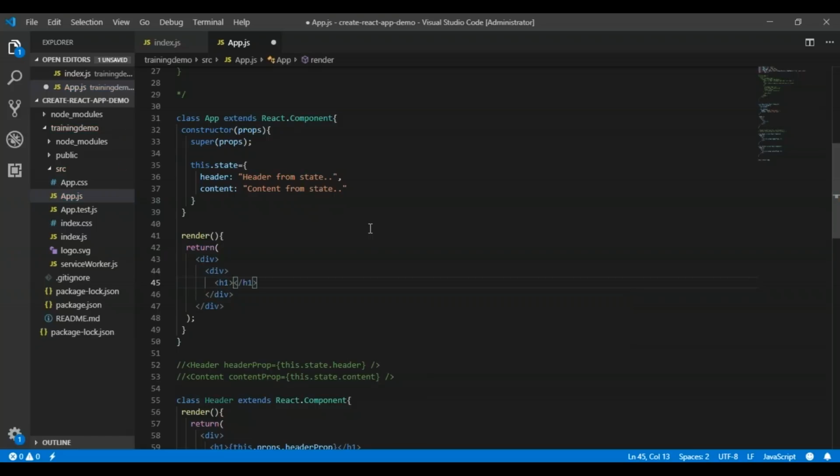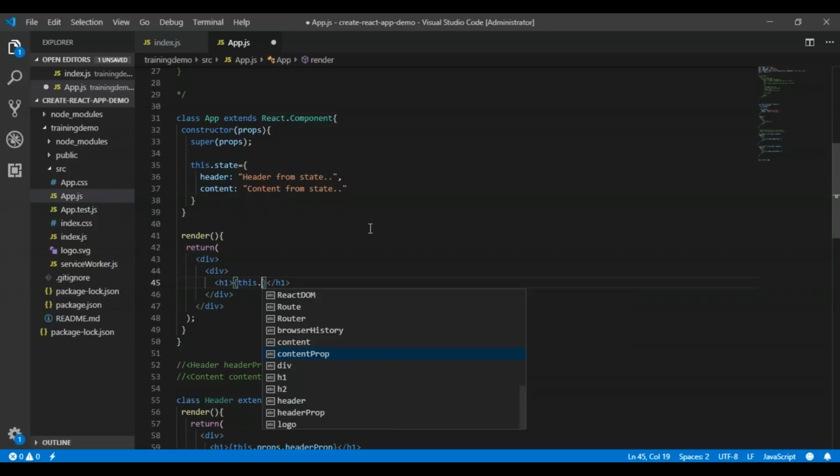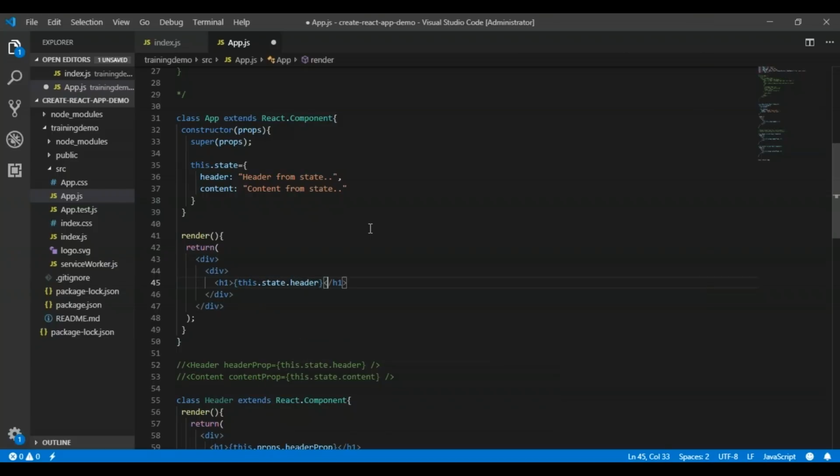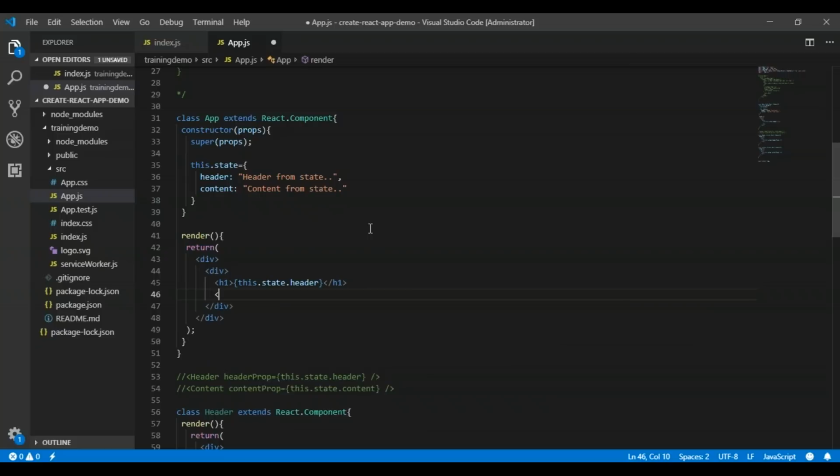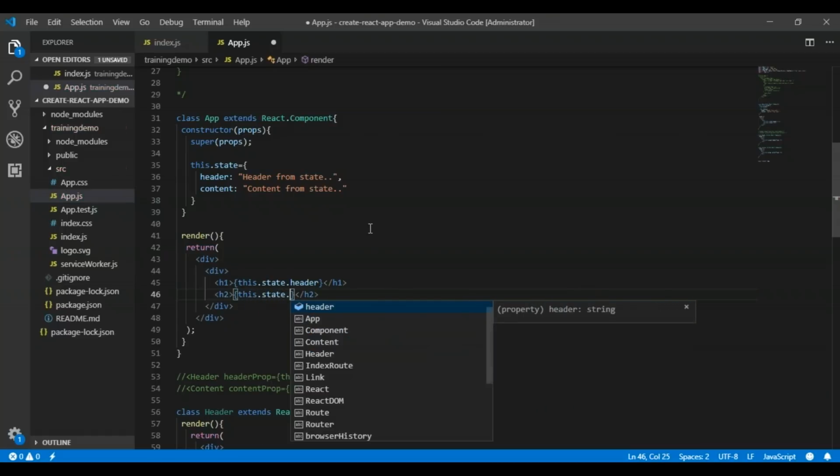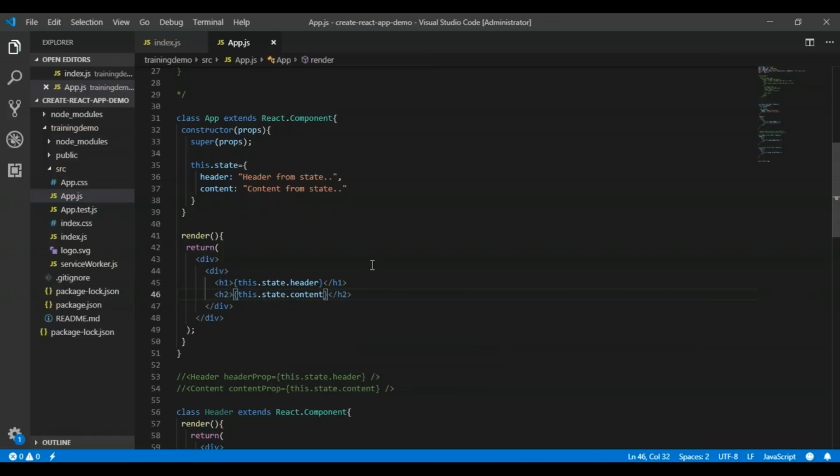In this h1 tag, we were directly using the state value: this.state.header, and then in an h2 tag we were using the content value, this.state.content.